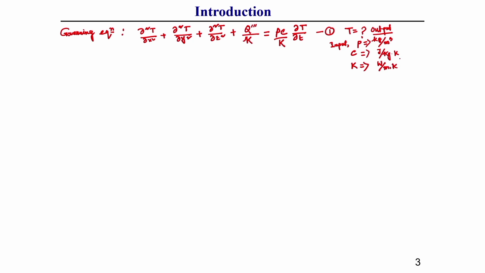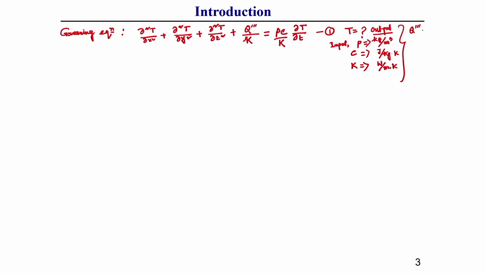This is very well known to you, but I am writing these in SI units. And q triple dot, as I told you, is the volumetric heat source or heat generation model. This q triple dot is the volumetric heat generation rate per unit volume. Its unit is watt per meter cube. Last class I already explained these things in detail.